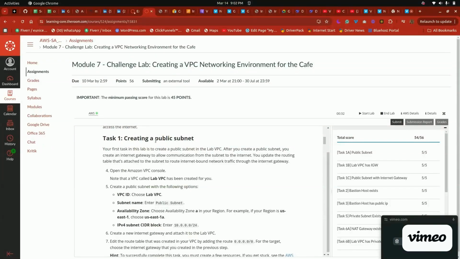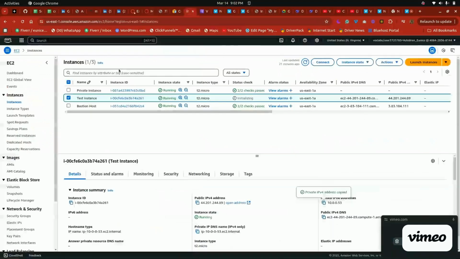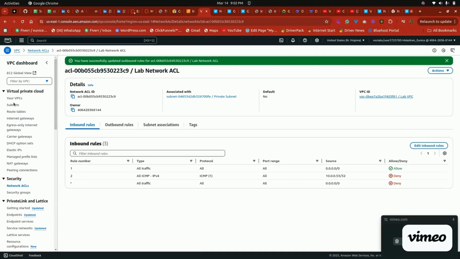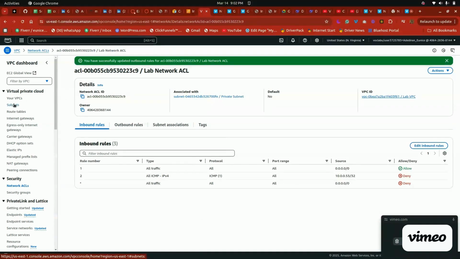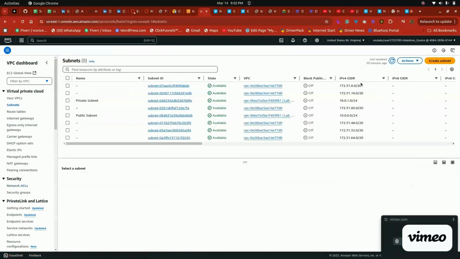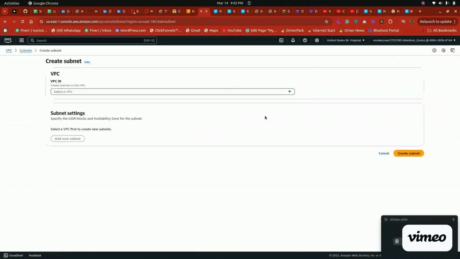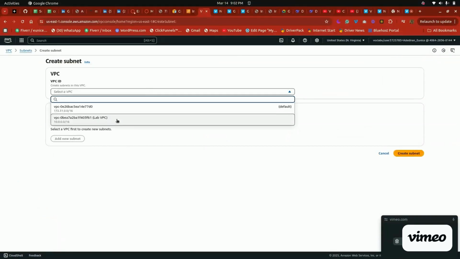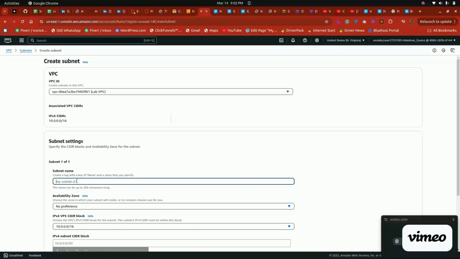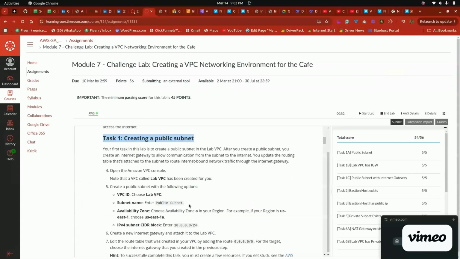So task 1 is to create a public subnet. You have to navigate to your AWS management console and go to VPC, go to subnet, click on subnet, create subnet. You have to specify the lab VPC, give it a name. In this case it's going to be public subnet. Availability zone, make sure the one that has an a, then the IPv4 subnet size,